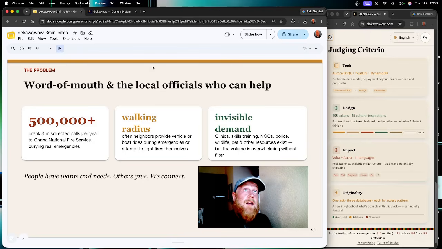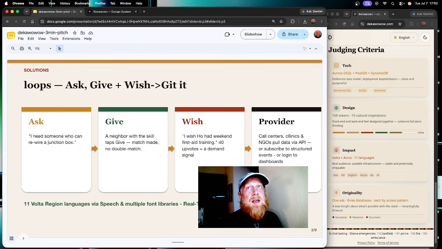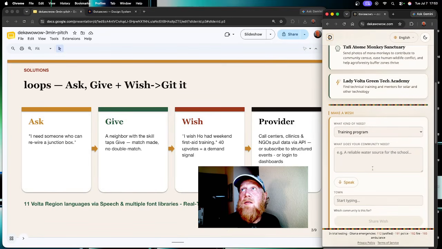car or a boat. And so we got to thinking about not only how could we lighten the load on the central stations, but how could we, with artificial intelligence to add some context, how could we also connect neighbors to each other? So the concept is they ask, so you can see over here on the right,